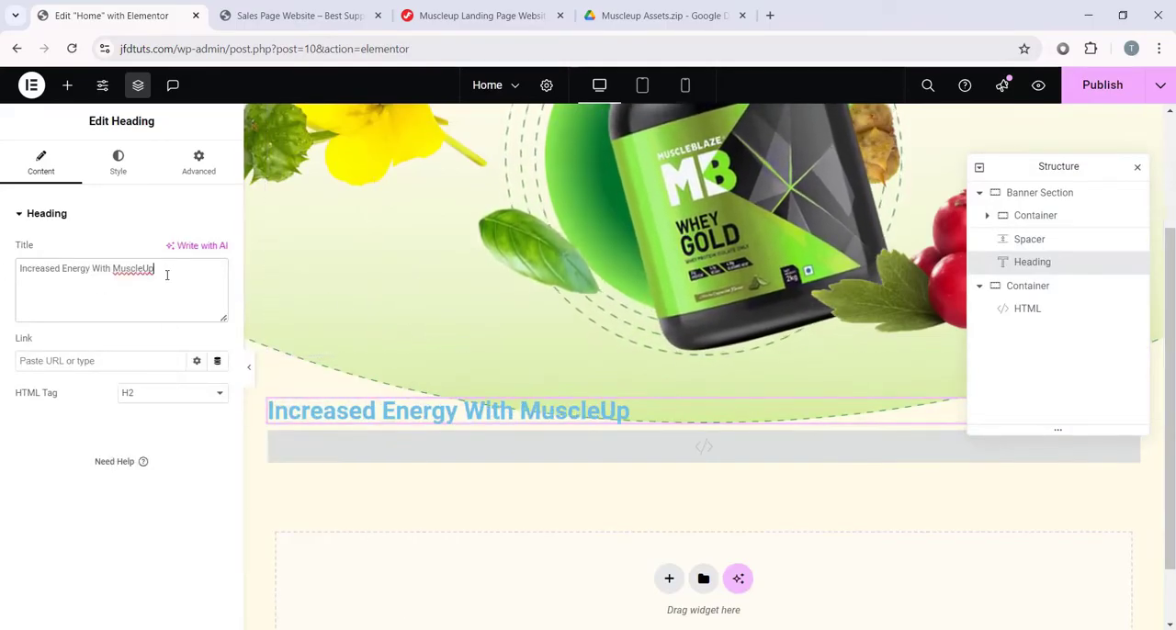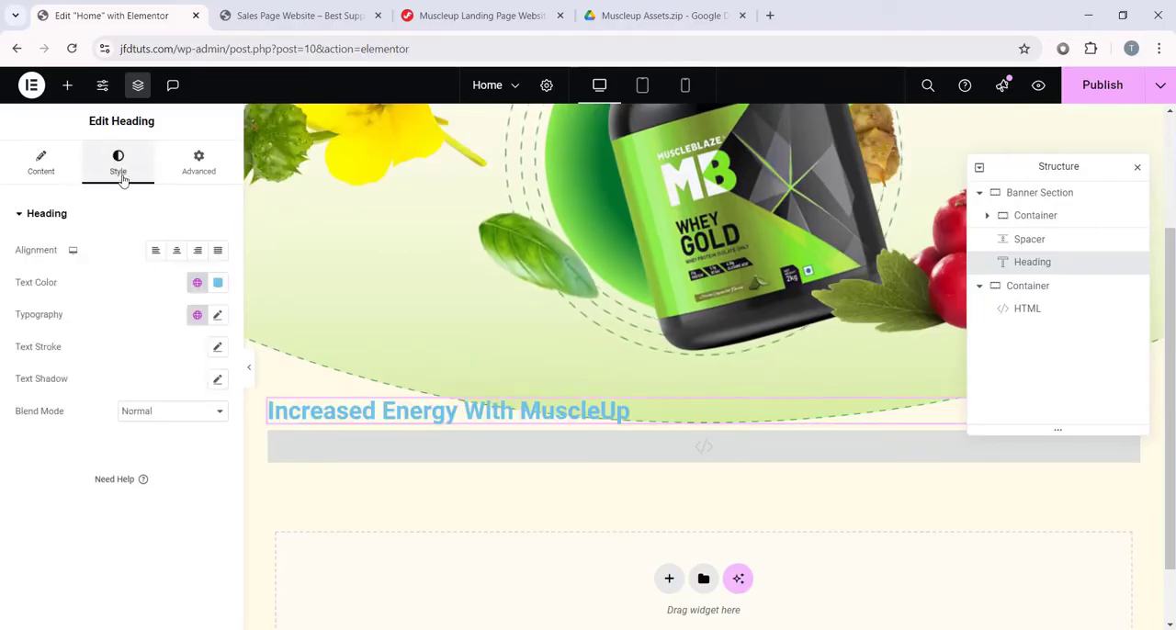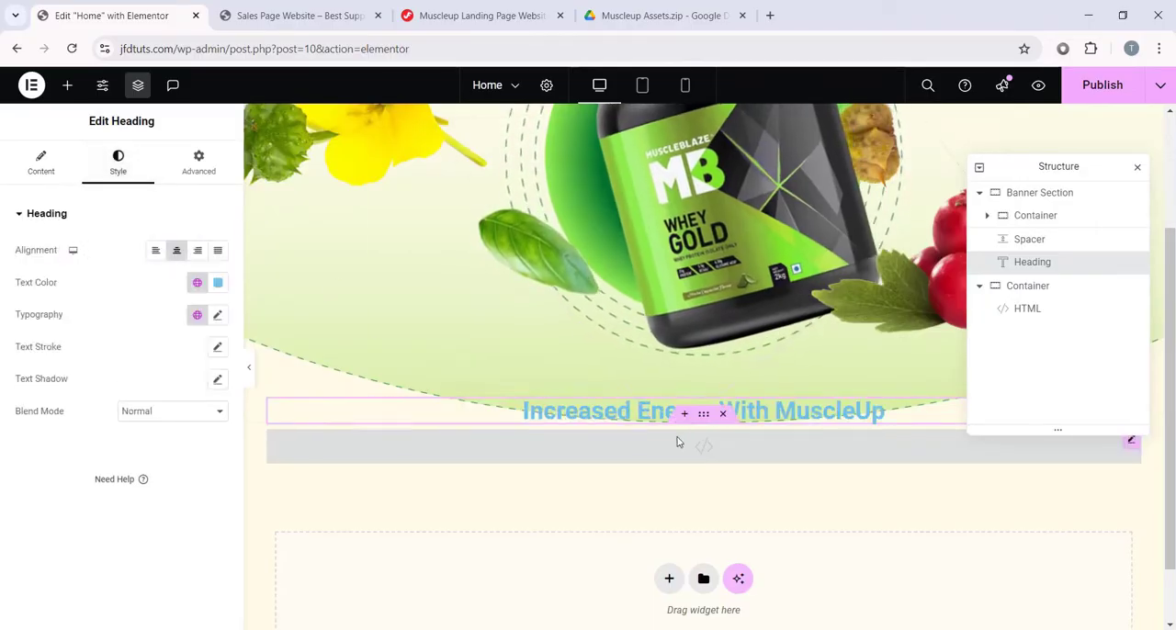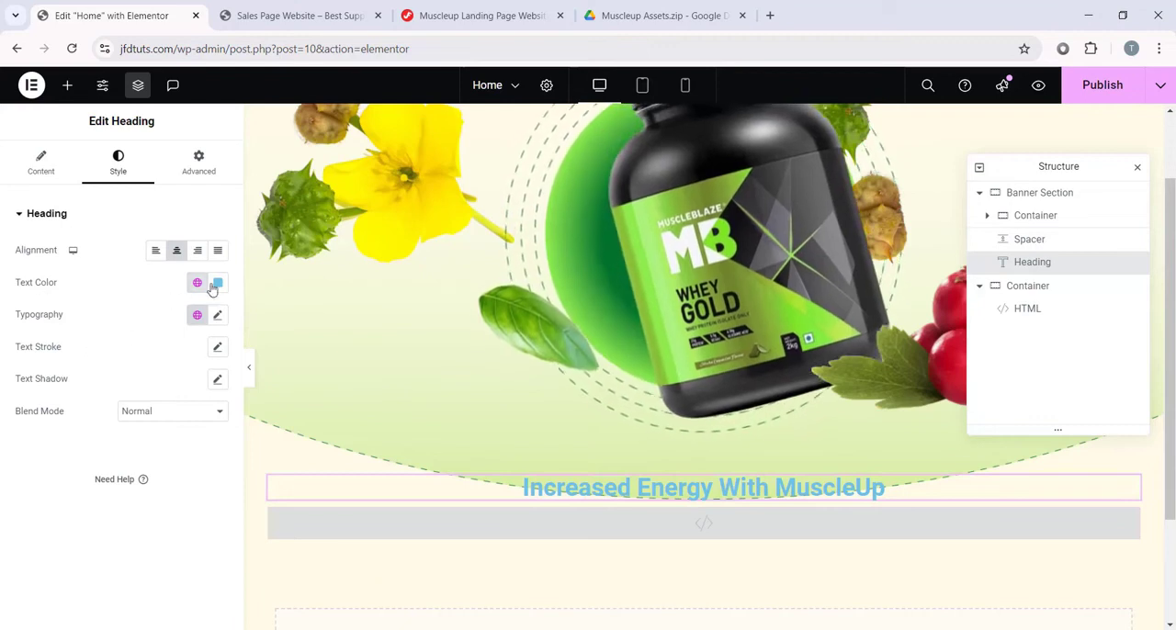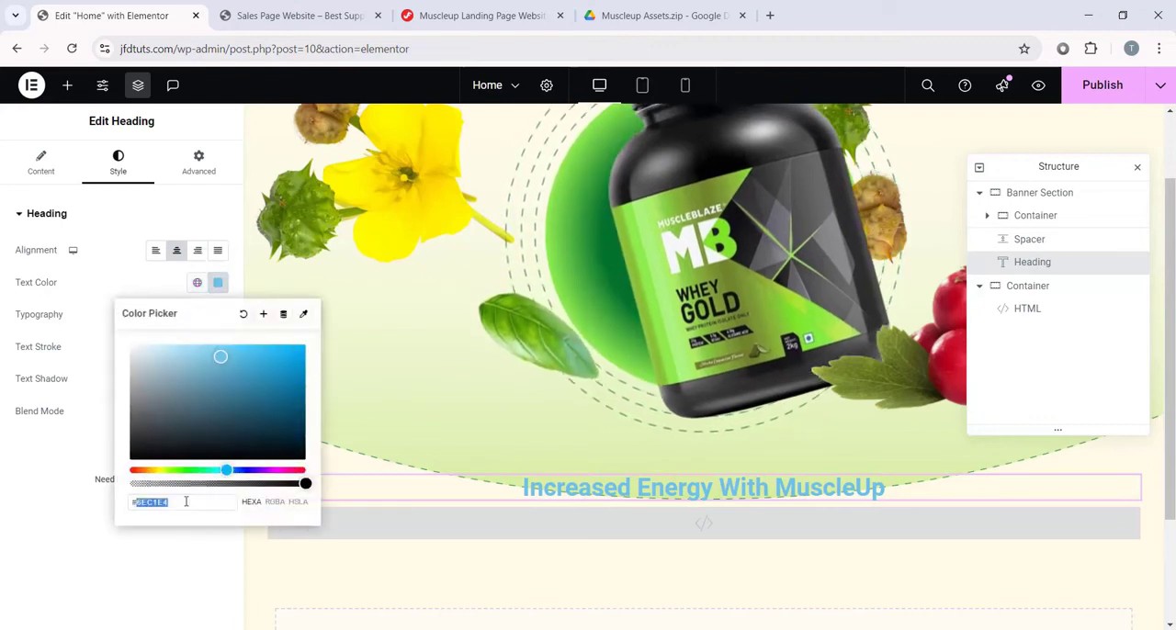Okay, so after readjusting, I'm just gonna paste my text because I don't wanna waste time typing all this text, okay? After that, let's go to the style tab and set the alignment to center, so the text will be in the center. And let's set this text color. I'm just gonna type the code